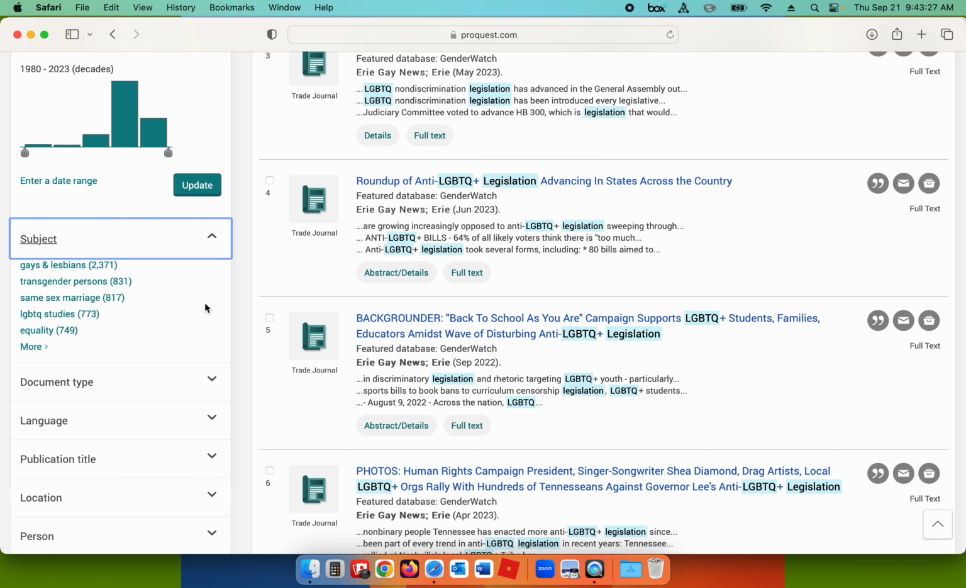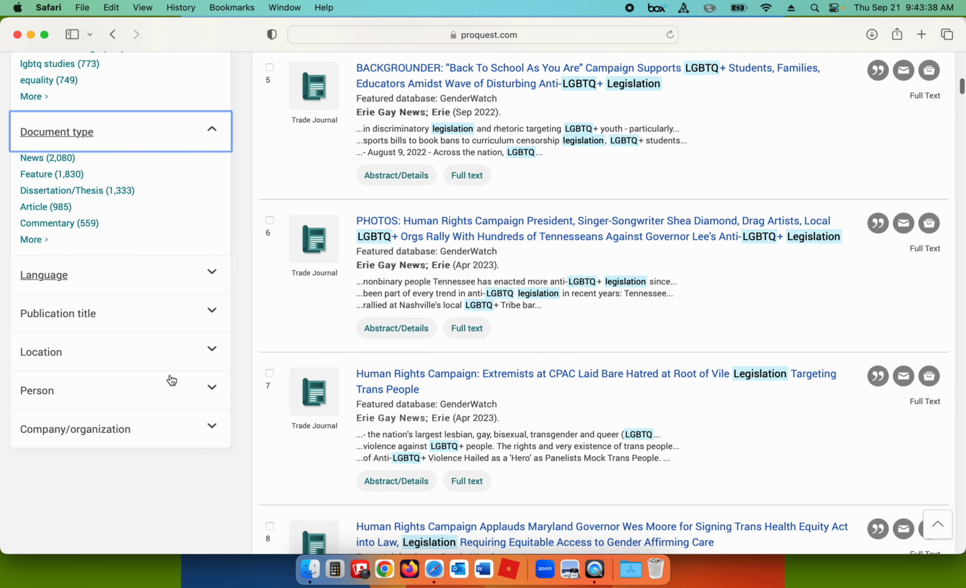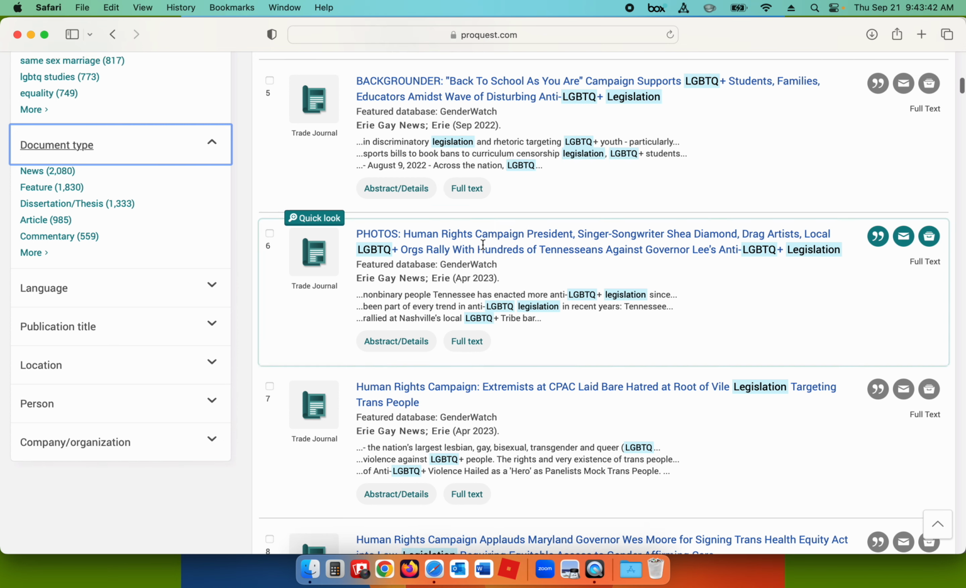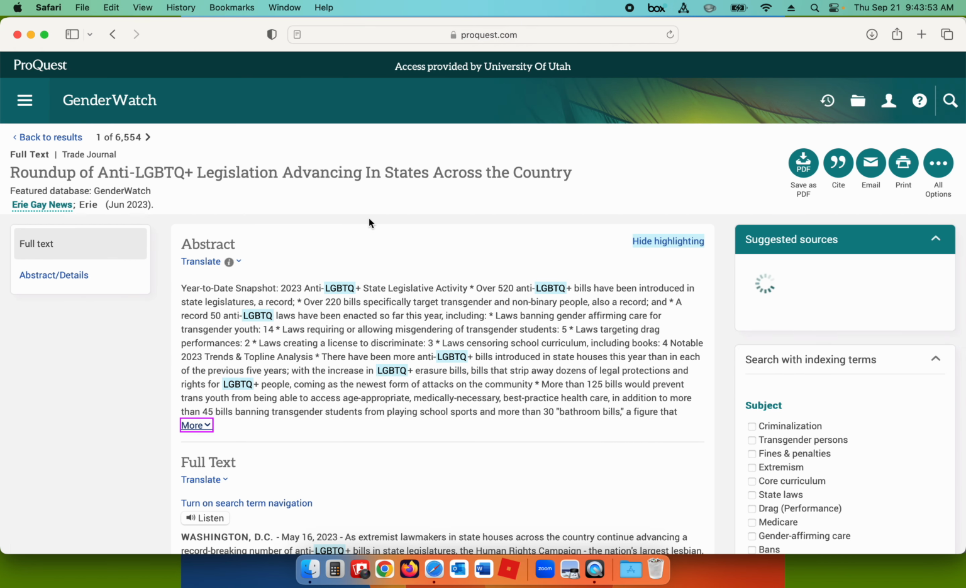By subject, and this is similar to subject headings that you'd find in the library catalog, though these are created by this database company. Document types, and the rest of these I feel are fairly self-explanatory. So to take a look at one of these articles, we can do a quick look, or we can just click on the title and look at the entire record for this